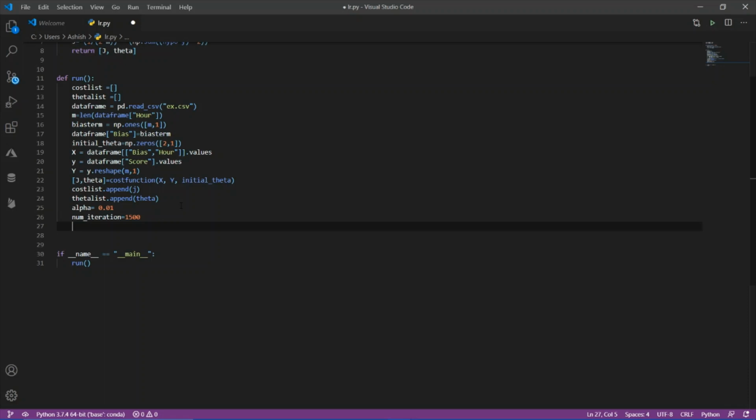I'm going to pass my feature, my target variable, and initial theta as well, and then alpha, and then number of iteration.